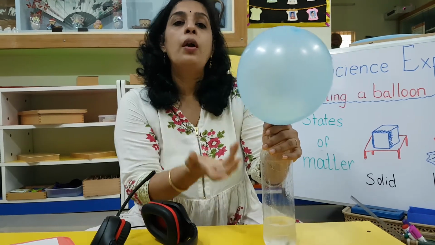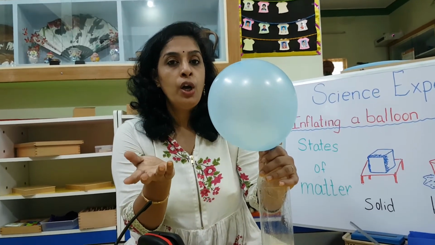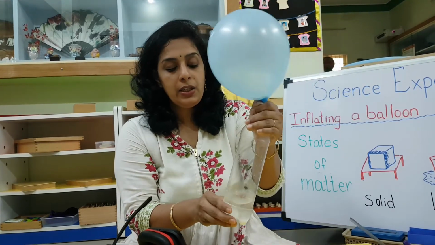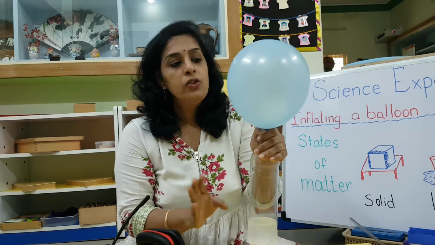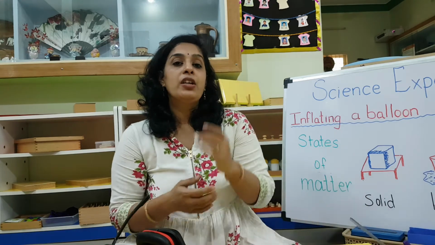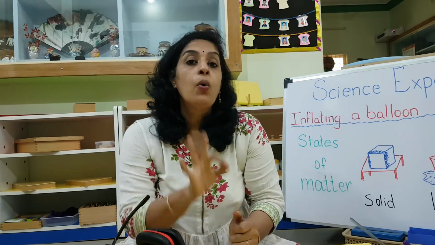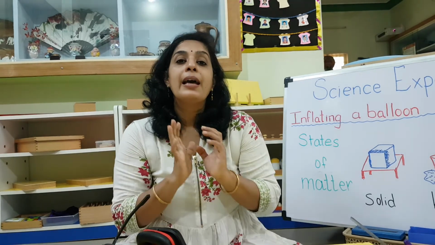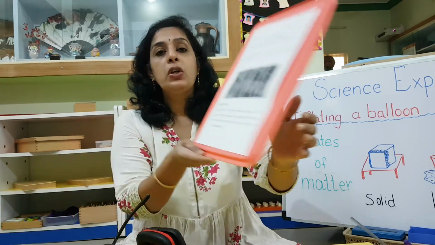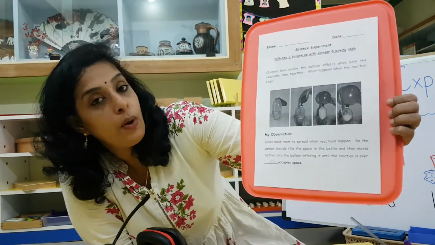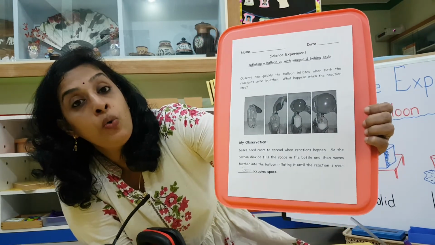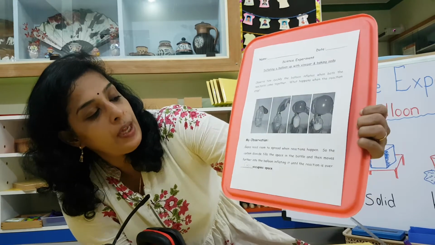After this it is not blowing up. It is not blowing up, which means what? The reaction has stopped. These two are mixed. After this there will be no more reaction, so no gas will be produced. Okay, so this is the third state of matter, like solid, liquid. Your third state of matter is gas. So you have to write it in your observation sheet, your worksheet, where it says that gases need room to fill up. It needs place too.